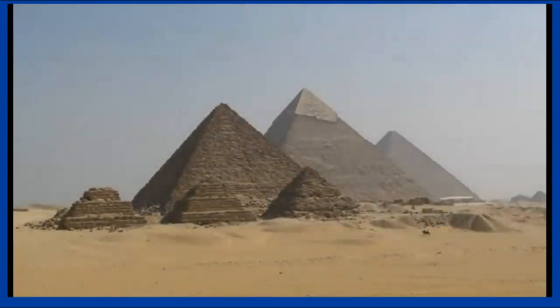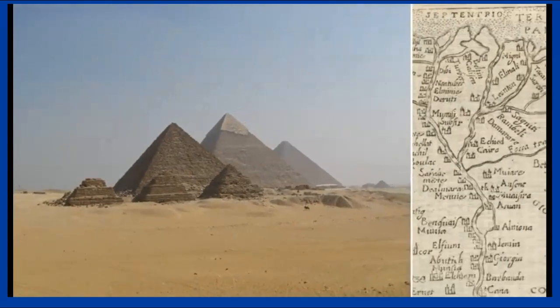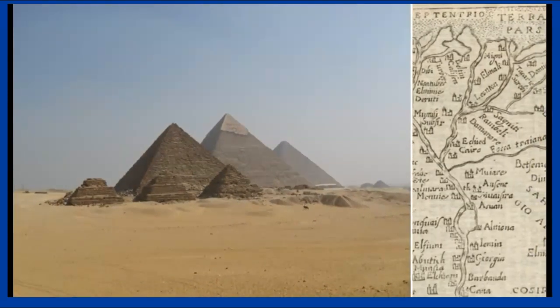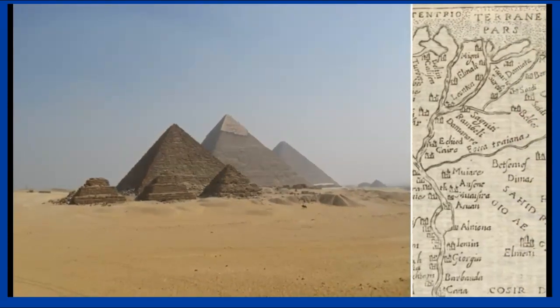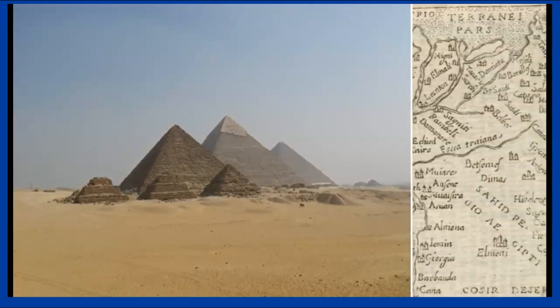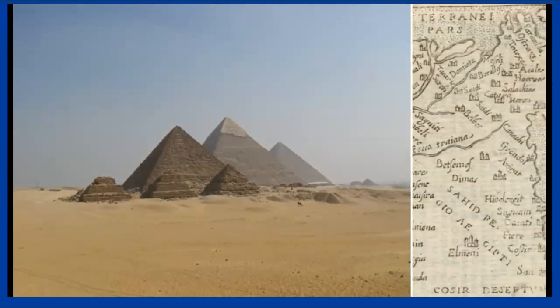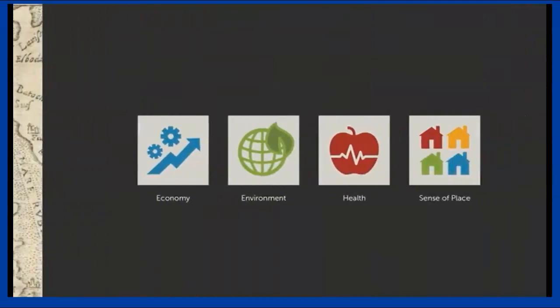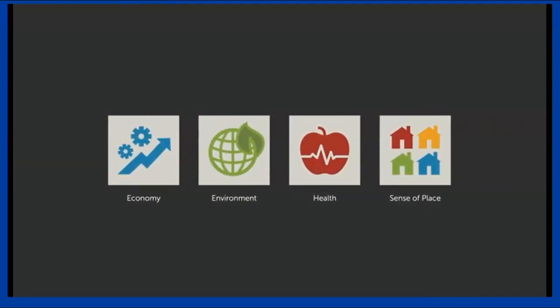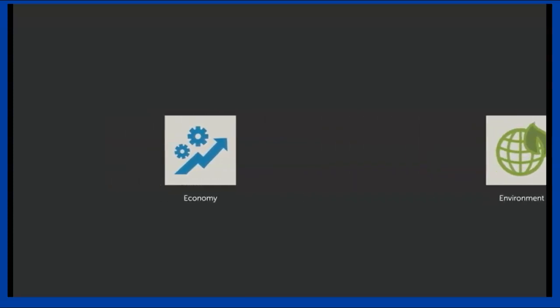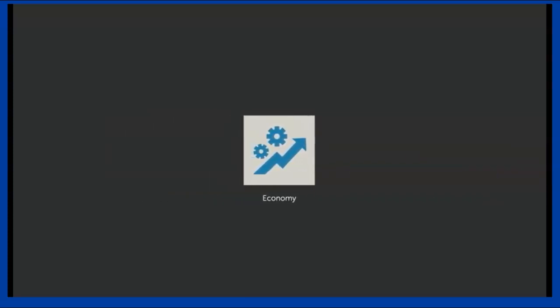Dating as far back as ancient Egypt, urban planning has always been about designing a setting where civilization could thrive. How we've defined success with city building has changed over the centuries, but a few core elements have stayed the same. These core elements are economy, environment, health, and a sense of place, each of which provides important reasons for why we plan. We plan because how a city or town takes shape has a big impact on how its economy can take root and prosper.